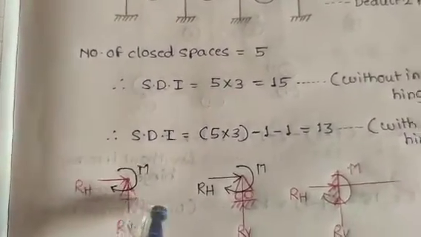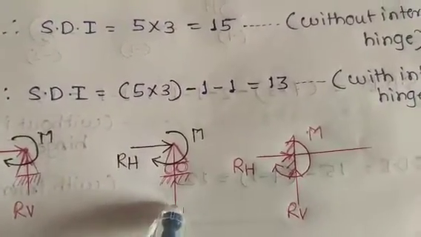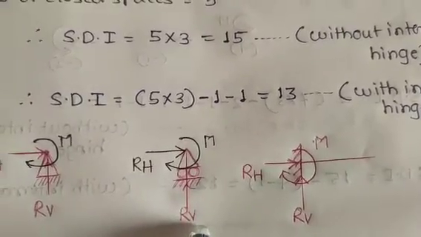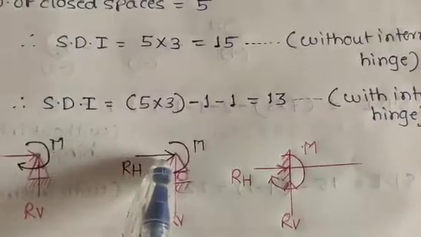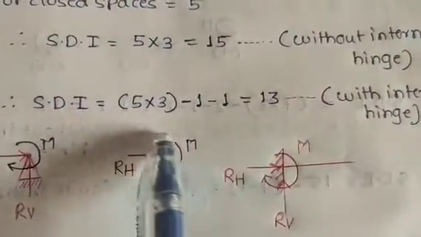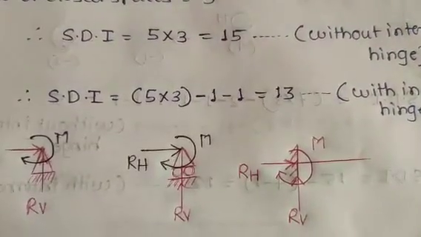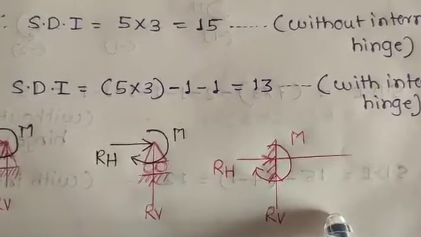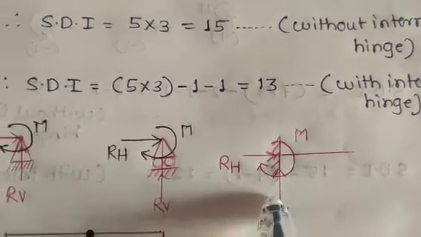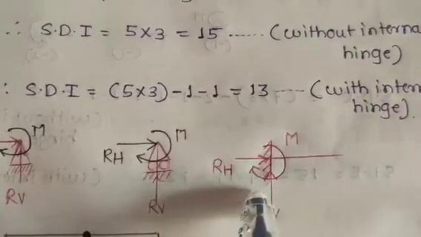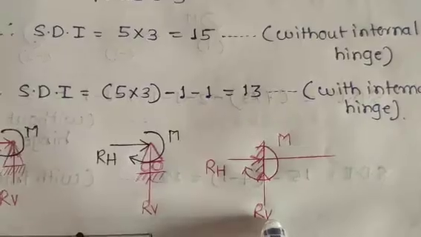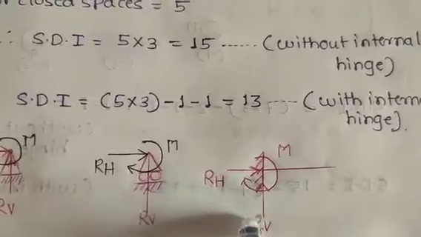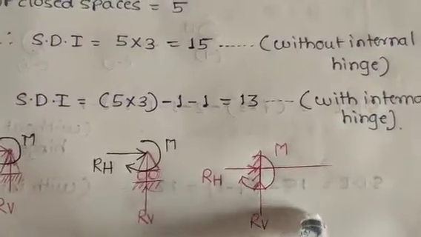for hinge support. Then the second one is the roller support. For roller support there is one vertical reaction, that is RV, and we can move this roller support horizontally and we can rotate this roller support. Hence the number of releases for this roller support is equal to 2. Then the third one is the fixed support. For fixed support there are 3 reactions, one is vertical, one is horizontal, and the third one is moment. Means there is resistance in all these 3 directions, that is vertical, horizontal, and for rotation. Means there is no release, or the number of releases is equal to 0.